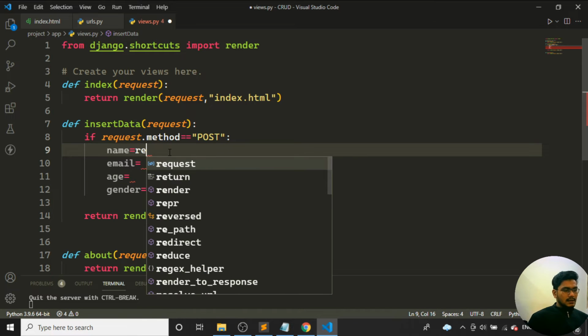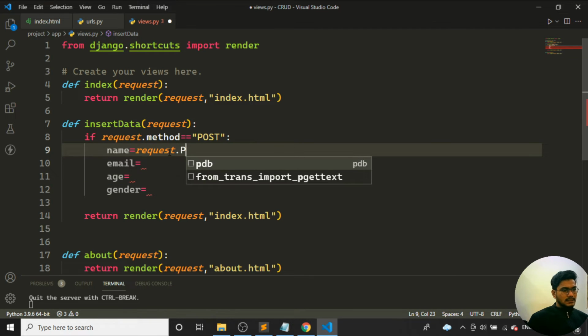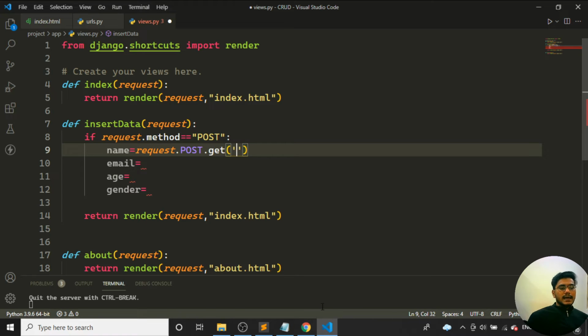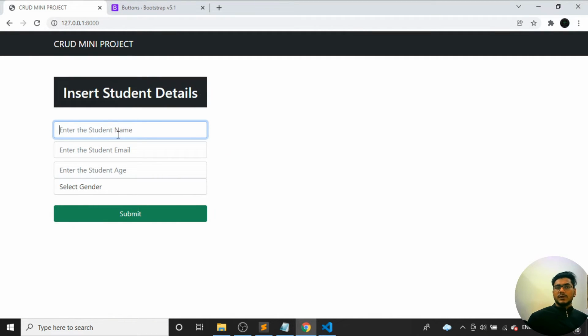So to get the data, I'll use request.POST.get. How can I know that the name is coming from this particular input box, and the age from that input box?